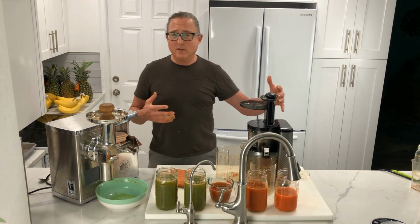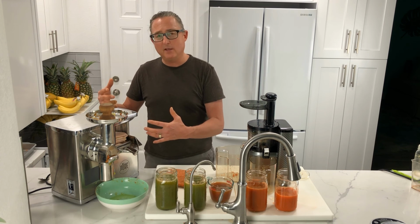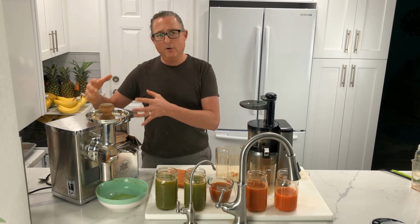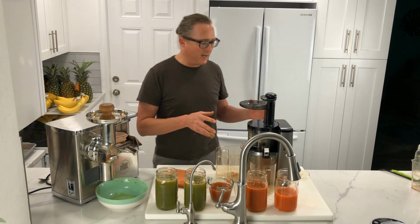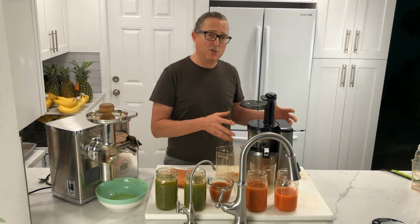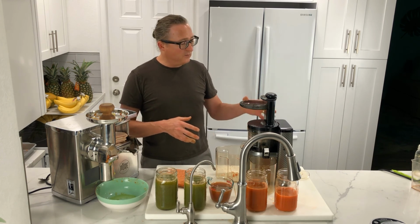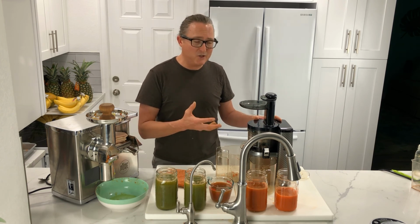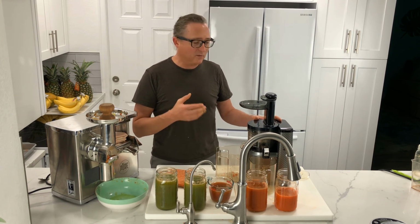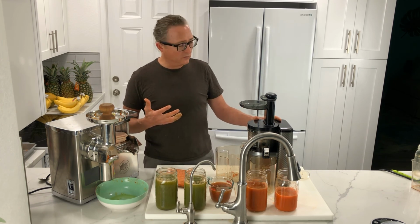When we look at each of these juicers, you've got the Pure juicer, which is all stainless steel, a little bit bigger, heavier machine, of course. And then you've got the Nama, which is a little bit smaller machine, but made pretty much all of plastic. From a durability viewpoint, my personal view is that the Nama is much more susceptible to breakage and breaking parts. And so I took a look at the warranty for each one of these juicers,